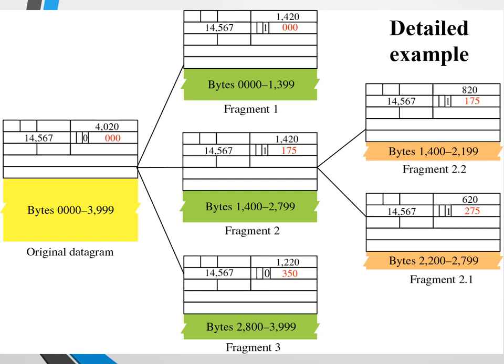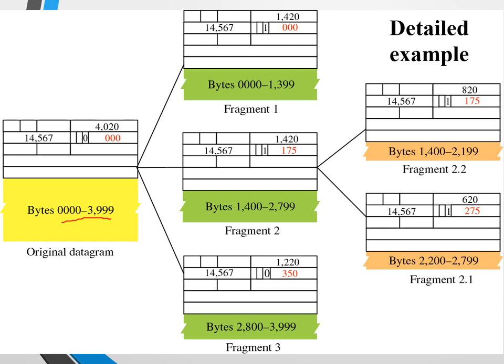आपके पास कितनी बाइट्स थी, 0000 से लेके 3999. दिस इज आवर ओरिजिनल डाटाग्राम. पहले वाले में बाइट्स हमारे पास थी 0000 से लेके 1399. देन बाइट थी 1400 से लेके 2799. थर्ड फ्रेगमेंट था 2800 से 3999. अब इसकी जो डिटेल है ये आप देखो कि यहाँ पे हमारे पास है